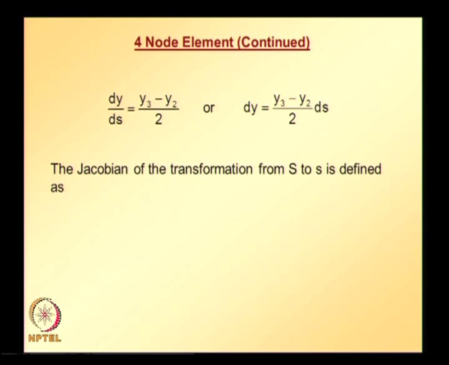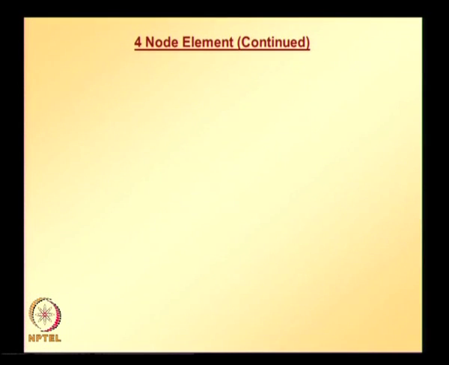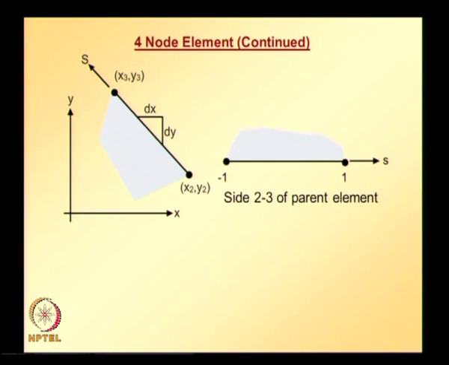So, the Jacobian transformation from capital S to small s is defined as this one, and we just calculated the derivative of x with respect to s and the derivative of y with respect to s. So, using that information and with reference to this figure, which maps side 2, 3 of the actual element to side 2, 3 of the parent element,